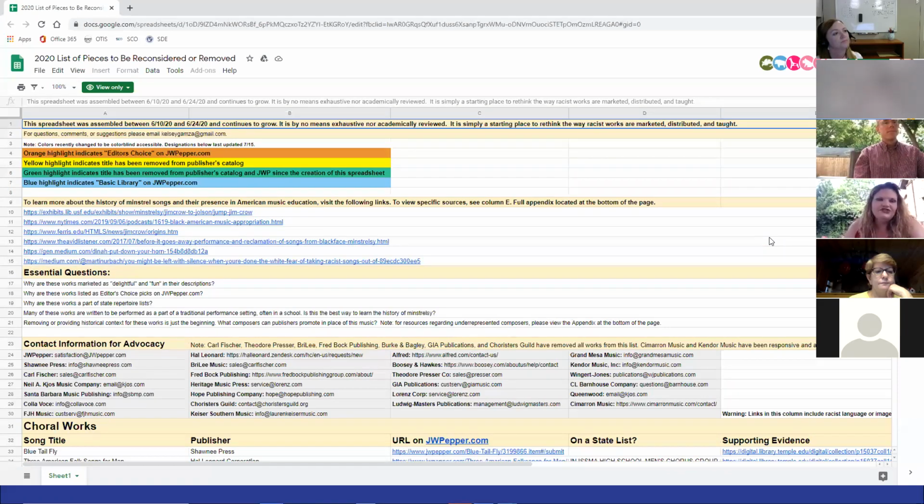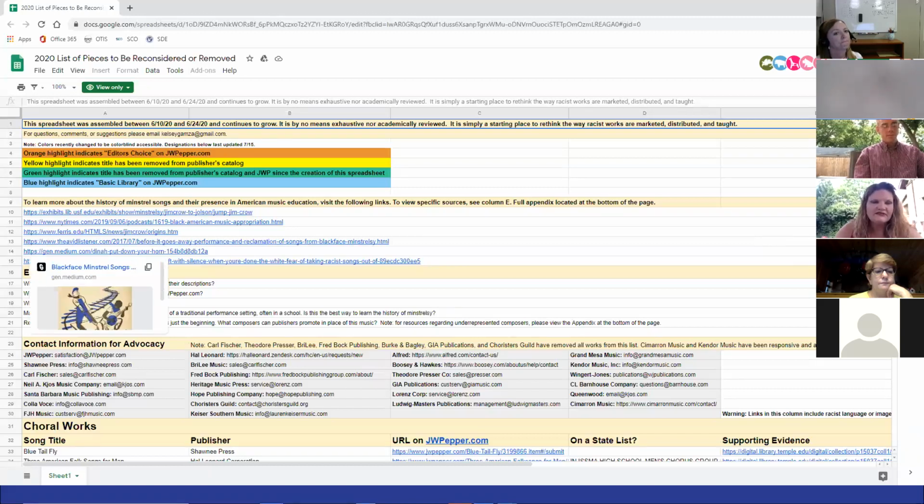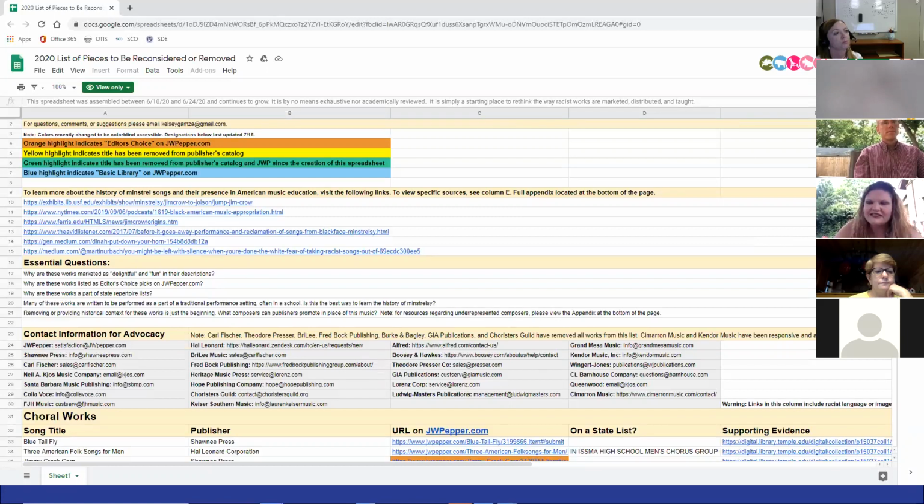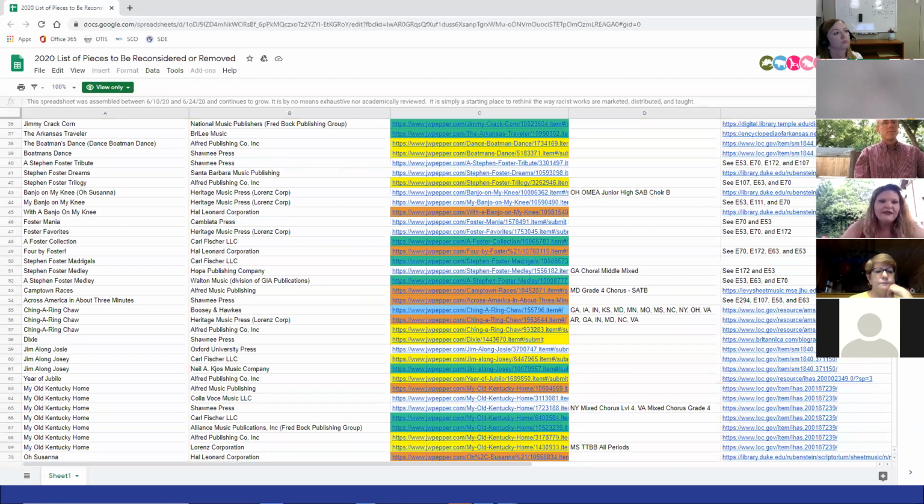So she created this spreadsheet. She just started doing this spring, and she has been listing works that we can find in various catalogs, and she's color coded them according to how they're listed. So these are editor's choice, basic library selections at J.W. Pepper.